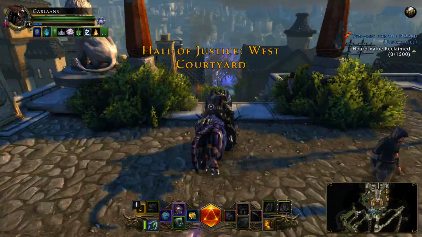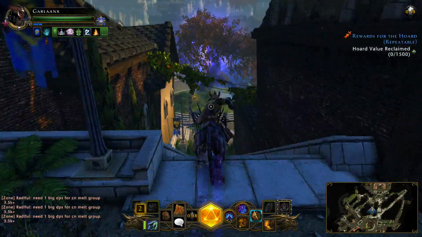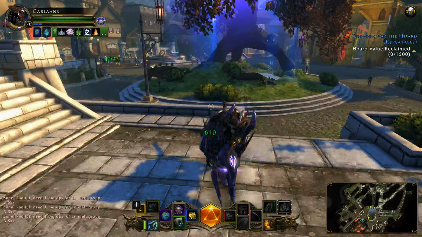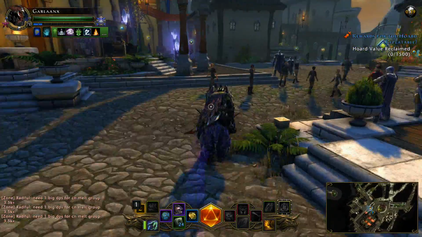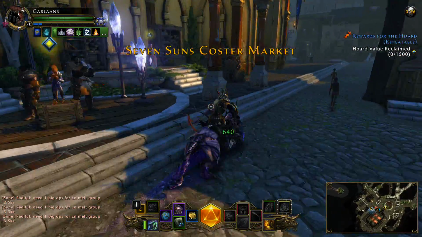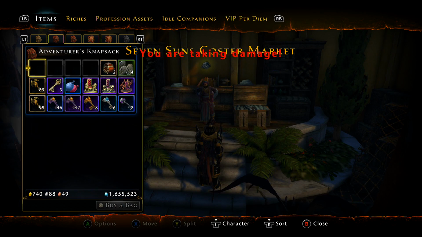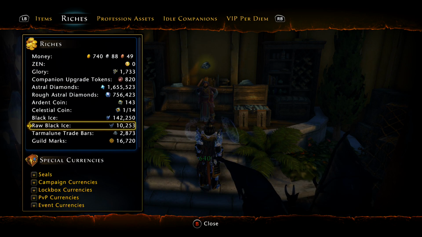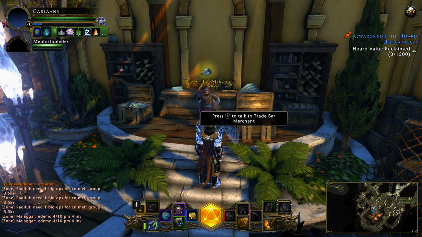Now let's talk about some easily obtainable gear for once you get to level 70. So you're going to run down here. Of course, I've said this numerous times in numerous videos about the trade bar guy. If you're a paying player, you have the option to open up lockboxes, which will reward you with Tarmalune trade bars, which can be listed on your riches page. Well, you go to the Tarmalune trade bar merchant,